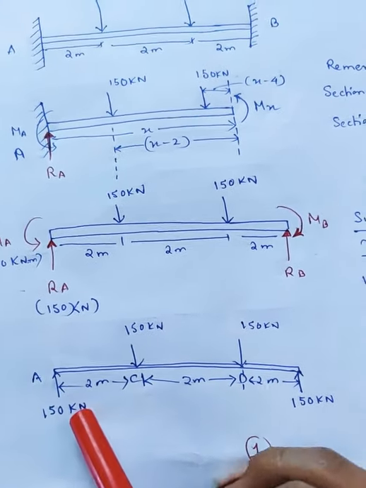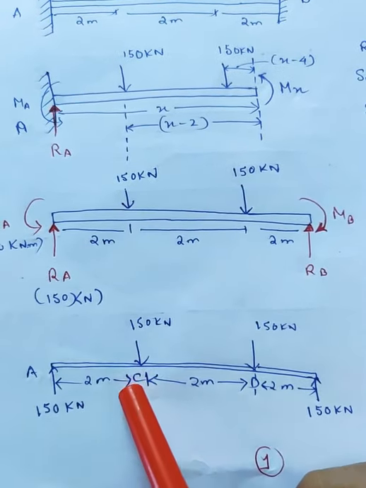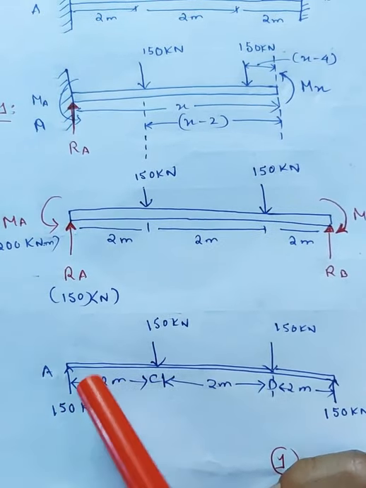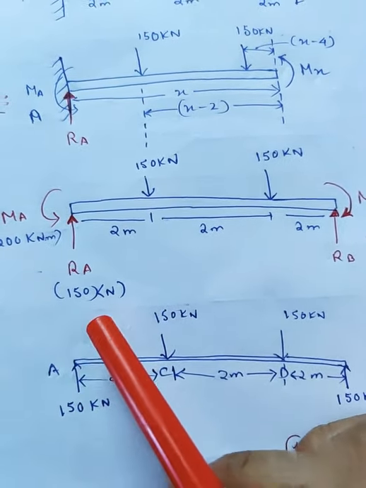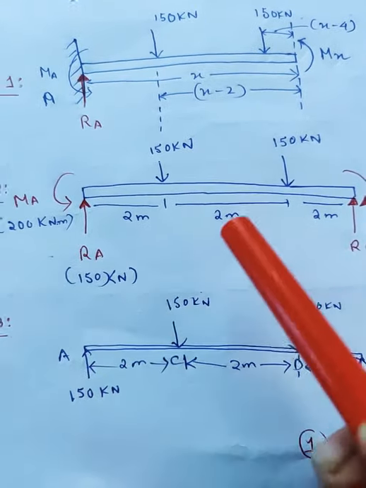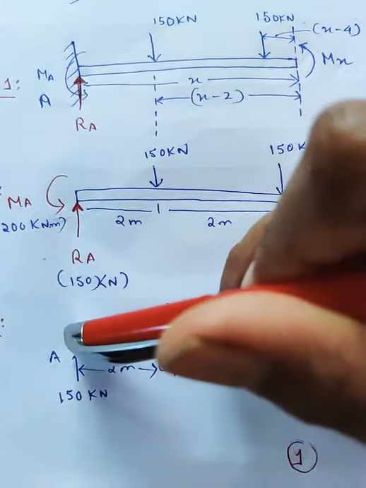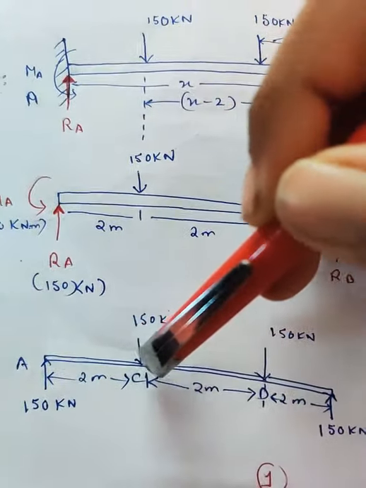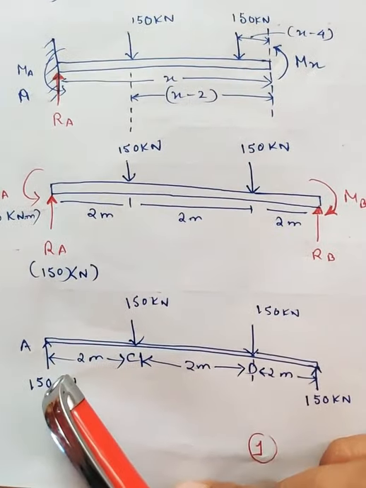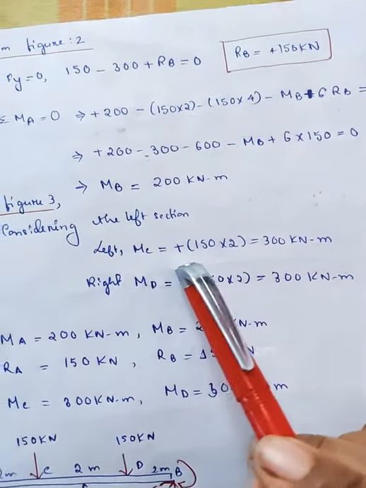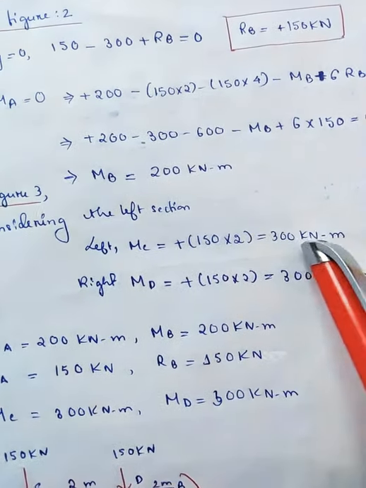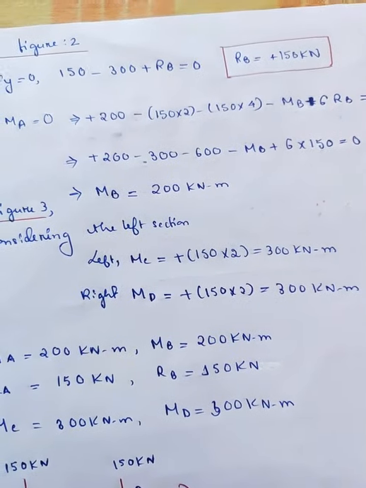Always take the short distance from the point. For C we will consider the left portion here. So what is the force at this portion? This is 150, acting upward, and this will form a deflection like this. Means this is moving upward, it will be something like this. And this is a case of sagging. This 150 will be positive. It is at a distance of 2 meters from C. As you can see, considering the left section of C, we got positive sagging case, 150 into 2. Moment at C equal to 300 kilonewton meter, considering it as a simple beam.